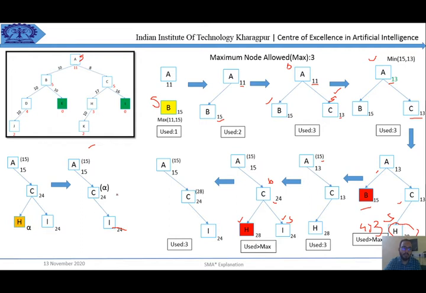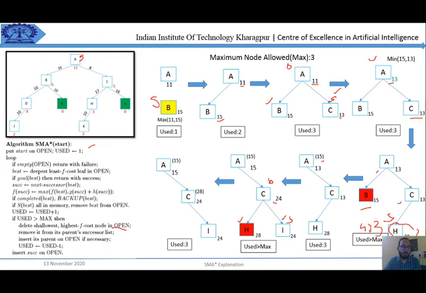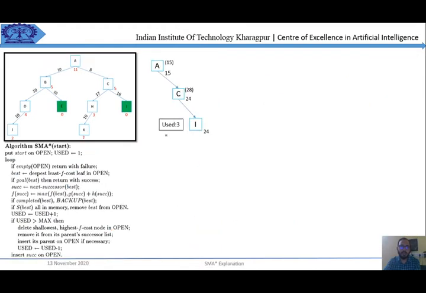After that they have curled that node and put it in the open list of the parent node. But in the algorithm proposed by SMA star, it is not mentioned to take the infinity part. So I have gone with the algorithm that has been given. So I have replaced it with 28, that is the F value of that particular node that has been curled, and the U value decreased to 3. So at this point we are in this stage. Now I have the minimum of 15 and 24, which is 15. So I have to take the successor, that is the 15 B1, and the value is equal to 15.